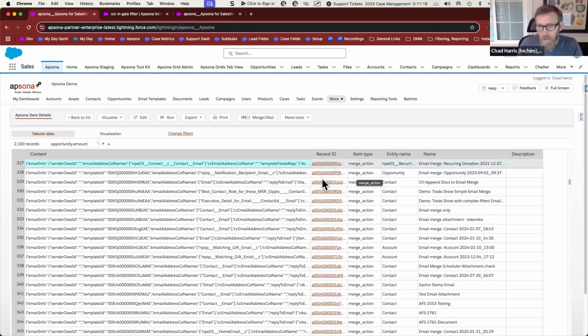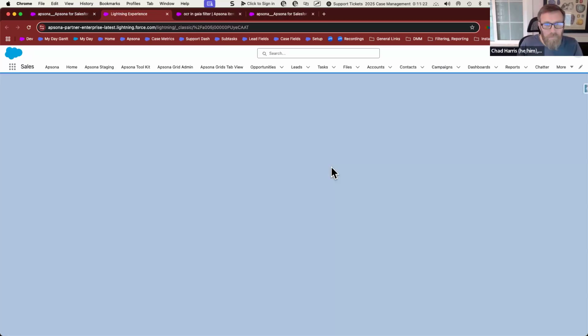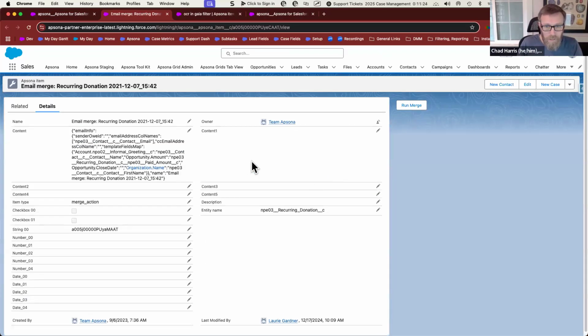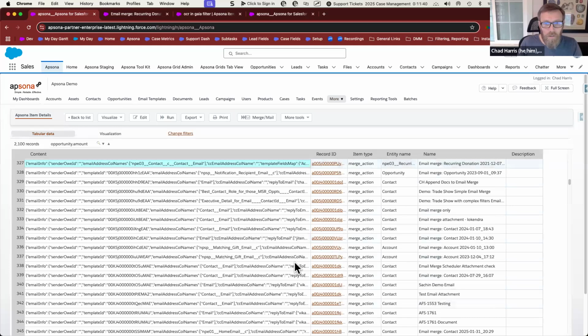So let's see. We have a merge action. So let's go to that merge action. This is going to be a little bit more complex. Oh, maybe not. It looks still fairly simple. So if I do amount, I'll easily see it. It's referencing opportunity.amount here. That's a different reference to a different field. But anyway, that's one quick way to use this report and identify where a field is being